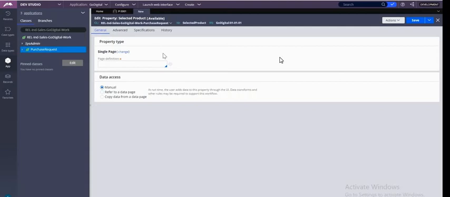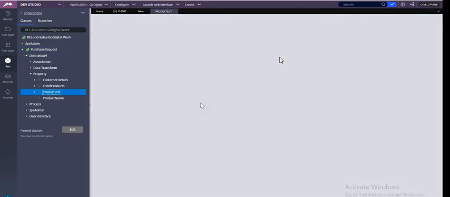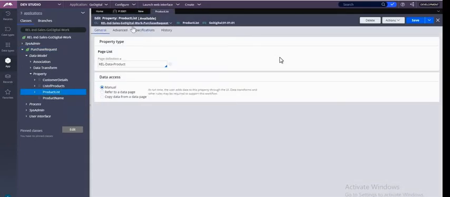What I'm saying is, whatever the page list property, can you expand purchase request over there? All our rows are available in the product list, right? Click on product list. This product list is defined on which page? It is referring to the product class. So that class we need to write in the single page also, because it is storing the same properties. We have to call the same page definition in our single page. Exactly. Then save. Now we have to go to the case lifecycle.